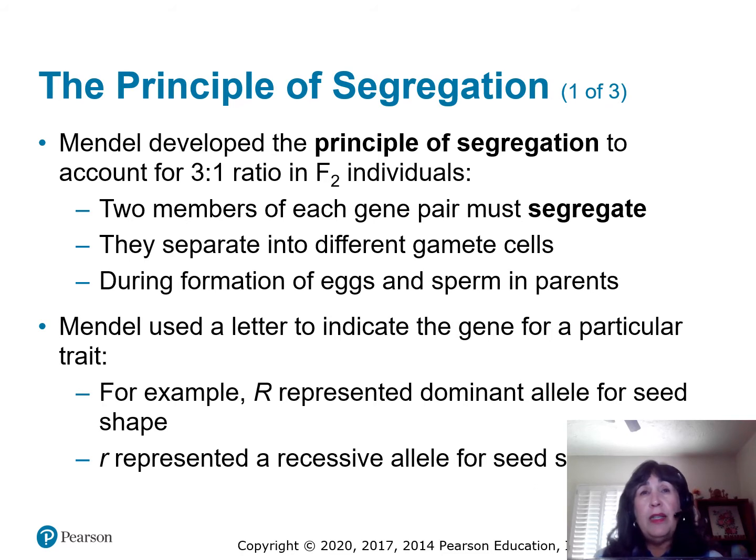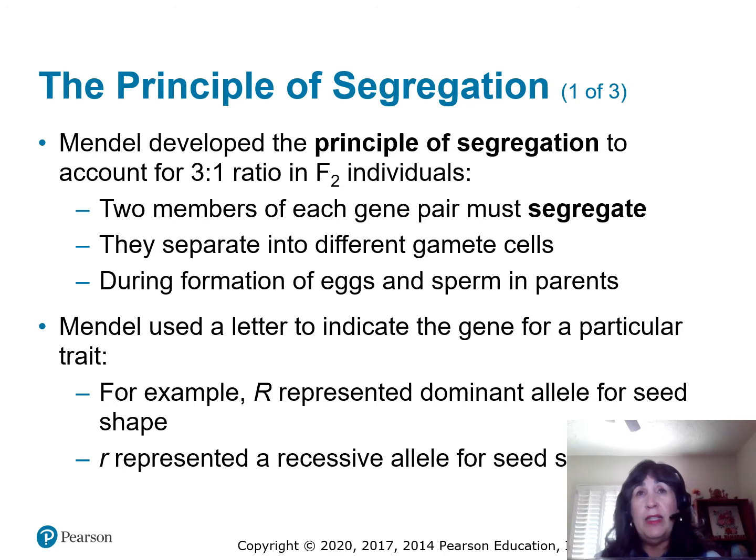So how is it that we get these ratios according to how the parents mate? And this is based on the principle of segregation. Remember in class when we were doing Punnett squares for the monohybrid crosses, and I drew sperm and egg on the outer part? That is, the pairs separate from the parents, and this actually happens in meiosis 1. So meiosis 1 is fueling this idea of the principle of segregation. And so this is how traits are transferred from one generation to the next.